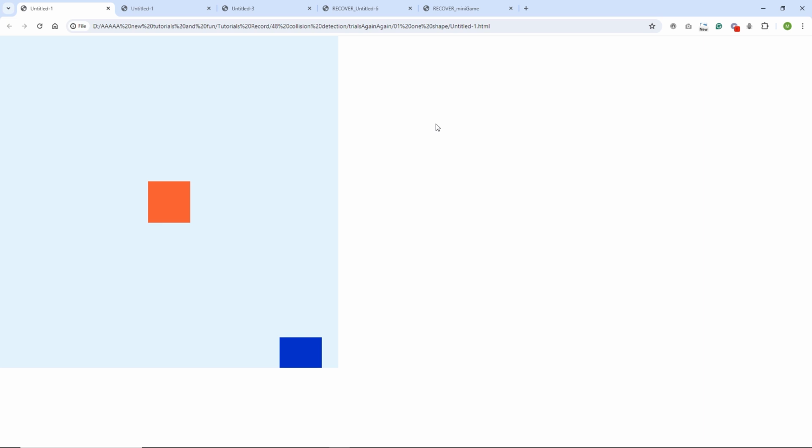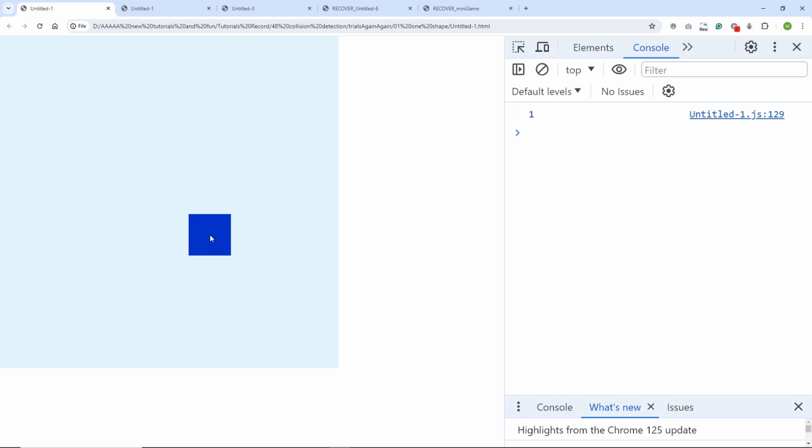So hello and welcome to this Adobe Animate tutorial, and in this video I am going to show you how you can create a collision detection with the JavaScript. So basically we are going to have a custom mouse like so, and we are going to have one shape, and if I go with my mouse or with the shape over this other shape, it is going to disappear